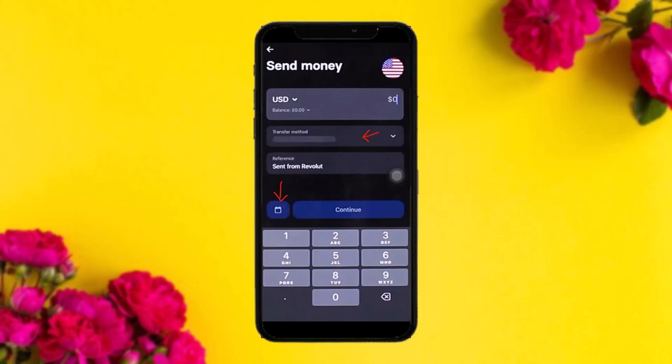method as well. You cannot send it by card as it is in dollars, so your transfer method is selected to the bank account by default, and under it you'll be seeing how much charge it will take for the transfer. And once you are done with that, here right beside continue you'll have a button to schedule